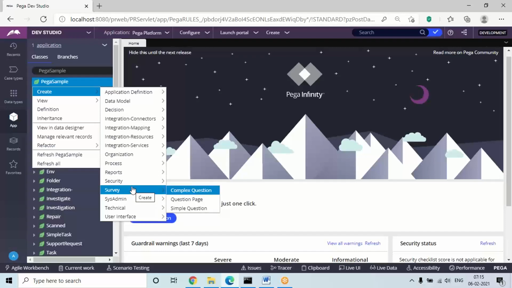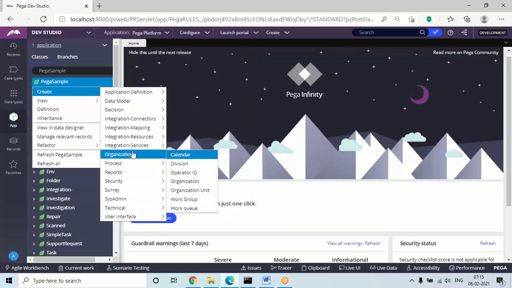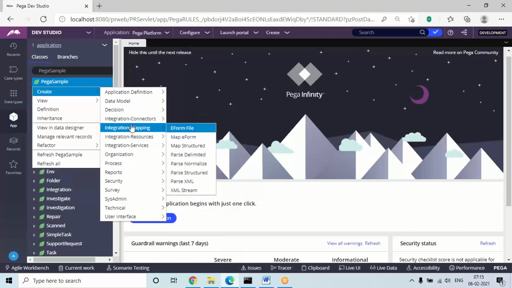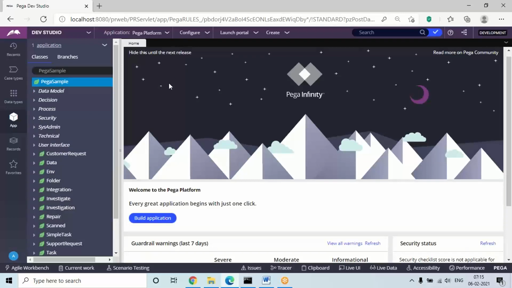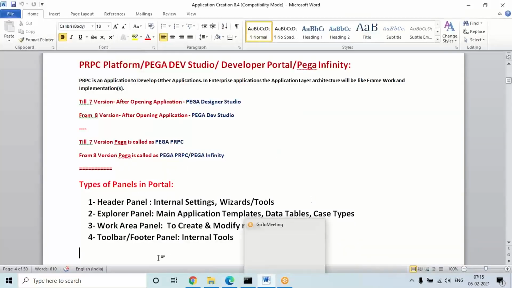Already everything is available in the form of rules here. So the only thing is, we are going to reuse the templates and complete the design according to the specification and the requirement. So that we are going to learn and implement in real time. That is the thing we are going to completely learn in this application: how to use all these rules and how to use them in the design of the application. Okay. All that, step by step, in the entire training we are going to understand.